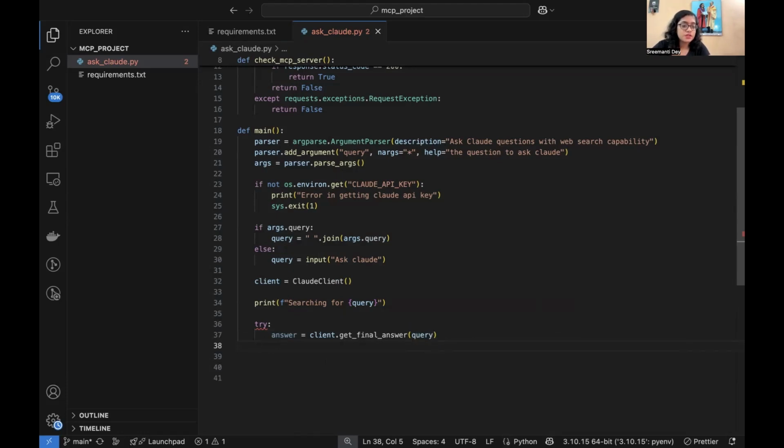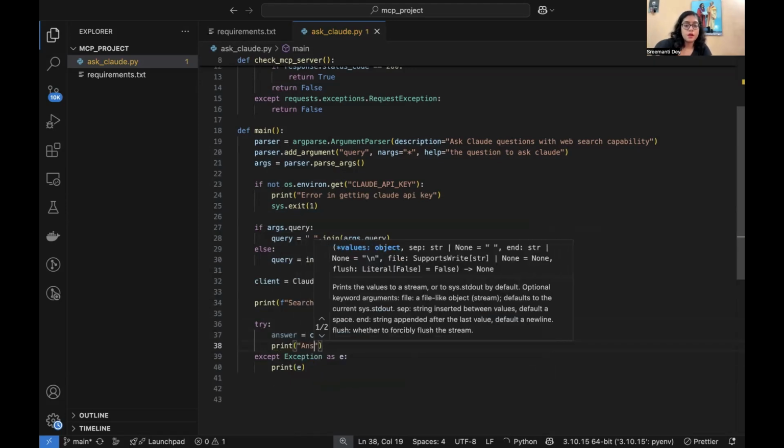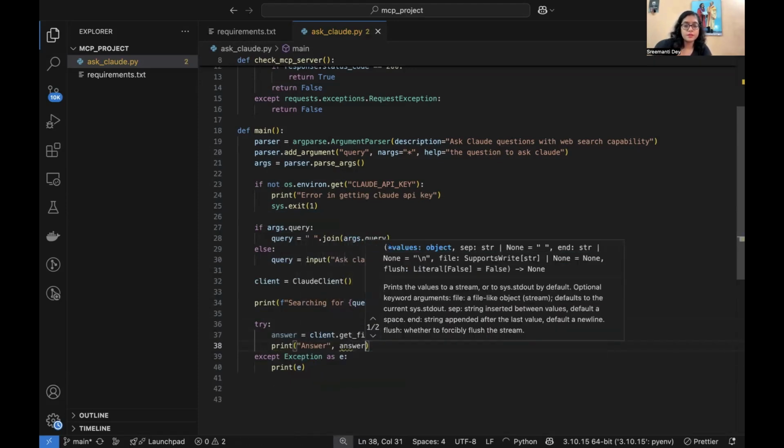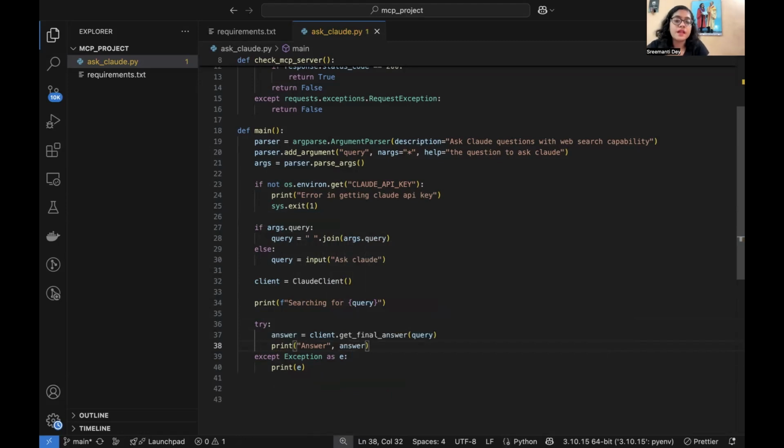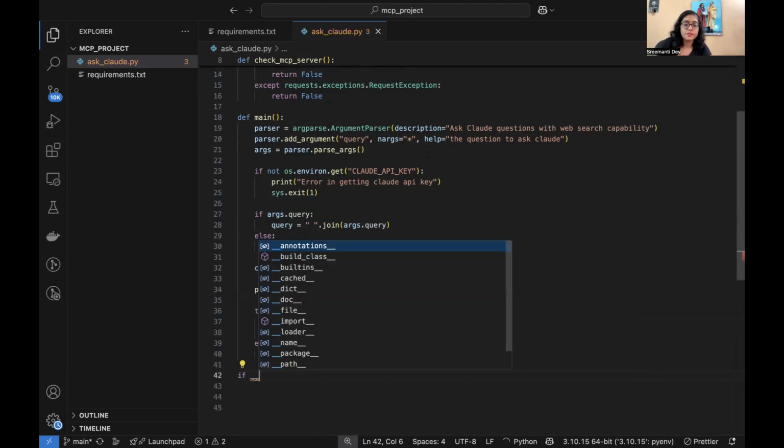And just do except Exception as e, print e. Always do this though. It's always good to do this. And also print answer, comma, answer. That's it, literally. So if you have all this defined, the next thing, obviously, you can understand what it's going to be. We are going to define